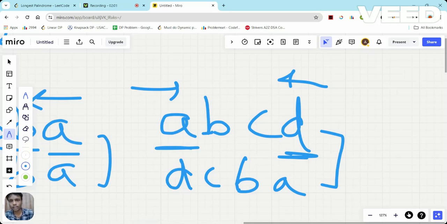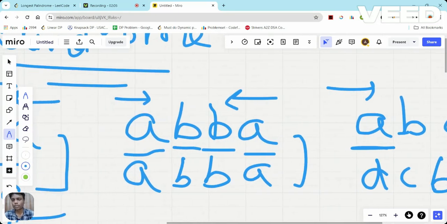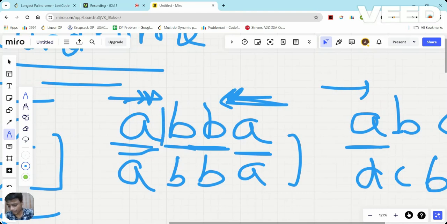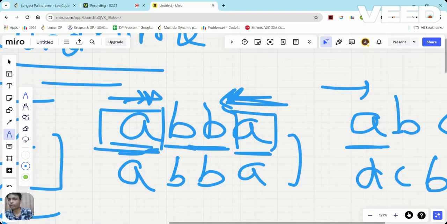So first of all, we have to understand what is a palindrome and what is not. If I am reading from left and reading from right, the characters come out to be the same. So I need duplicate characters first of all. If I find duplicate characters, then obviously I can adjust them in a palindrome, right?